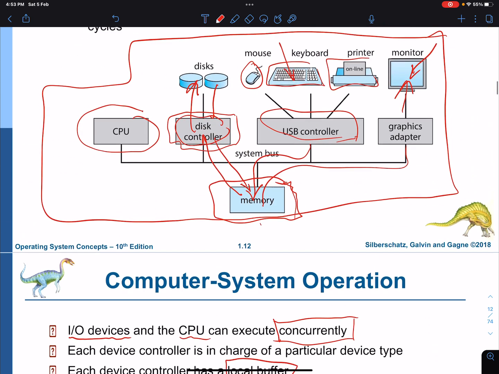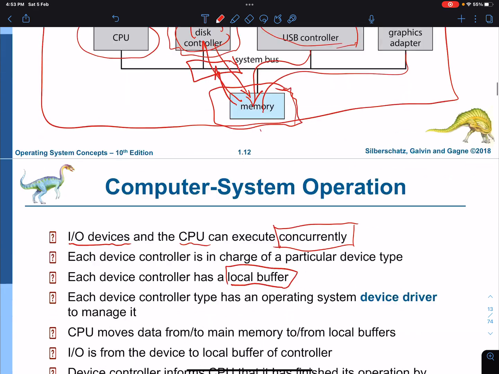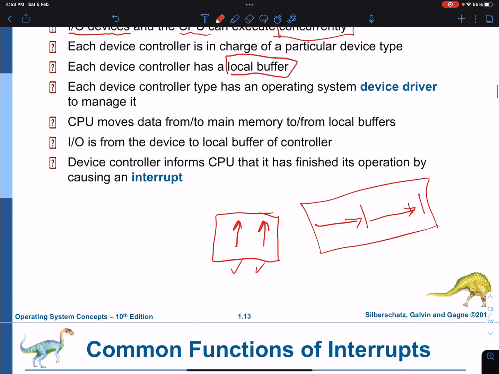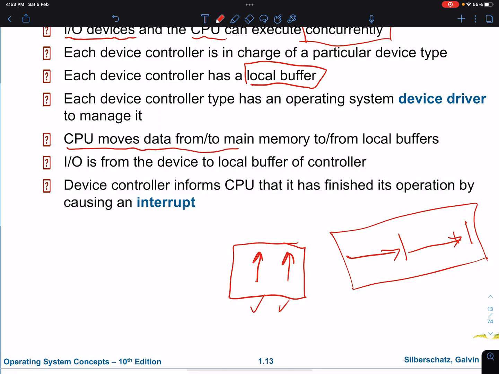So when you want to write into the disk, you literally write into the buffer. The disk controller takes from the buffer and puts it in the disk, and so on. The CPU moves data to main memory from local buffers.